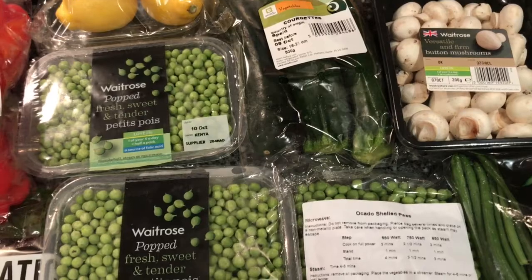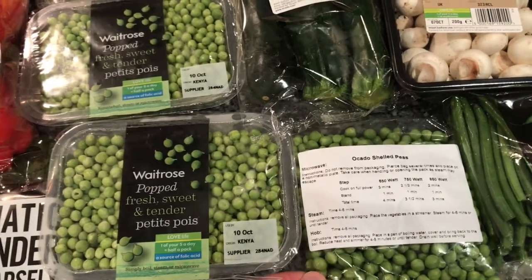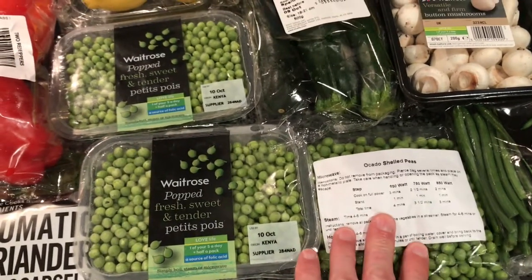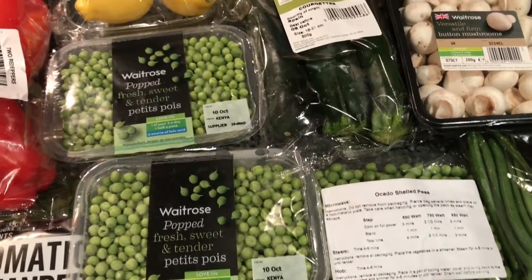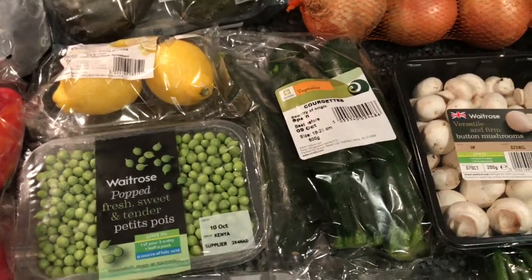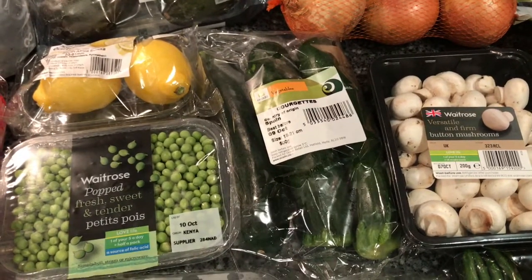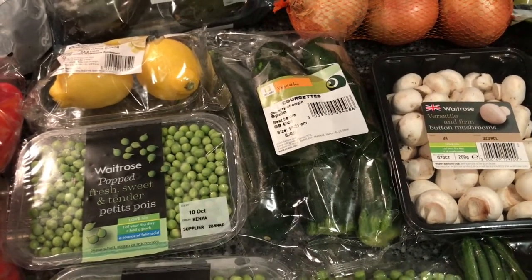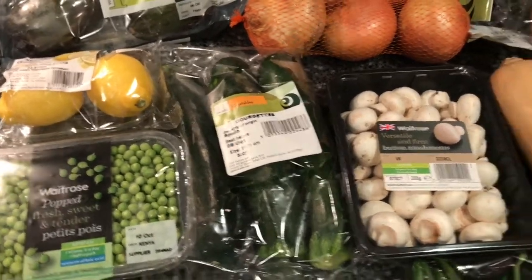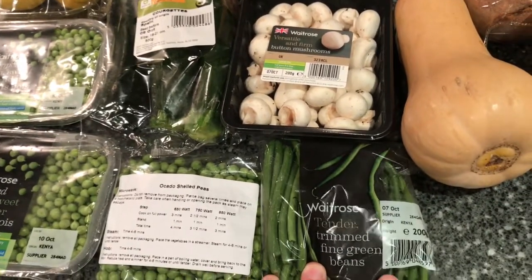A lot of recipes ask for frozen peas, but we don't have a freezer. We don't eat anything pre-made, so we don't need a freezer. So we tend to buy the fresh ones and just use those. Got some courgettes there. A few courgettes come out of the garden, still going into the late autumn sunshine, but they're a bit small, so we do need to top up with those. Some button mushrooms, some green beans,